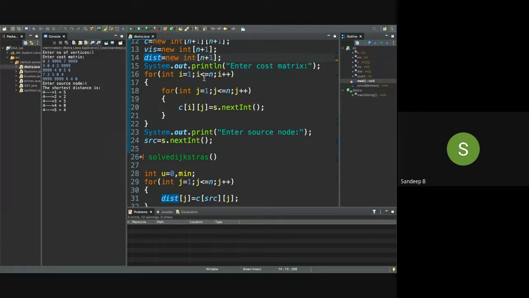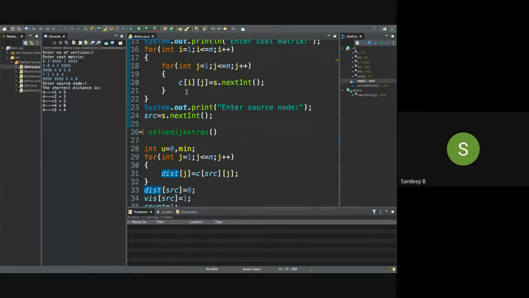Here j less than or equal to n; instead of that, if you just write j less than n, you should know these things very clearly. If you are starting from 1, it should be less than or equal to n. If you are starting with 0, then it should be less than n. Never make mistakes at this part of the program. No one will help you if you make mistakes at these basic things.